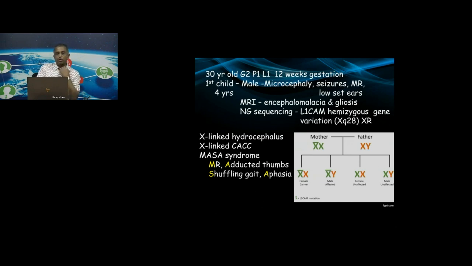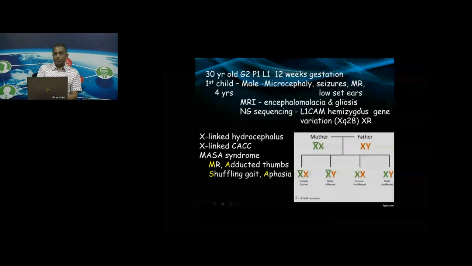Now let's move on to yet another scenario, and this scenario is a 30-year-old G2P1L1. This is a 12-week gestation. Now the first child is a male child, 4-year-old, microcephalic, seizures, mental retardation, low set ears, and MRI talks of what the specialists call encephalomalacia and gliosis. The next-gen sequencing has revealed an L1-CAM hemizygous gene variation on the XQ. That's the long arm of the X, which is an